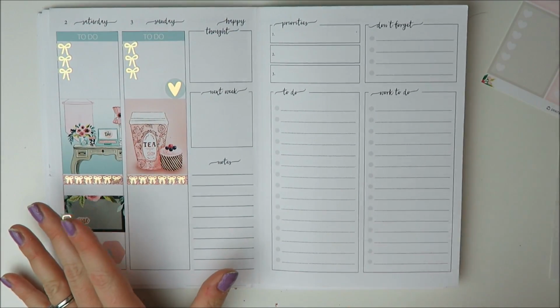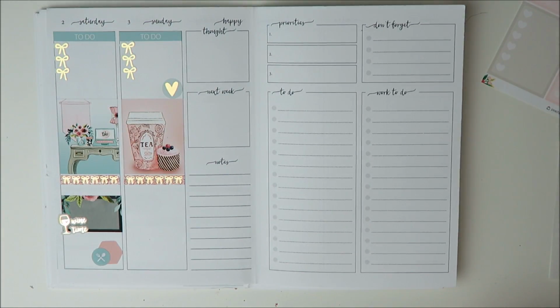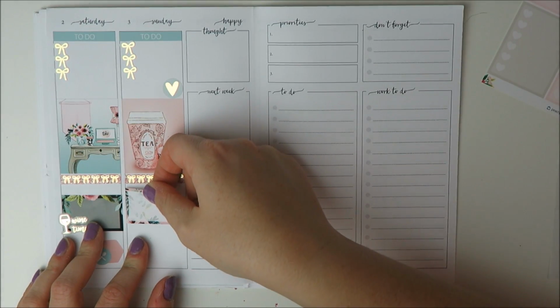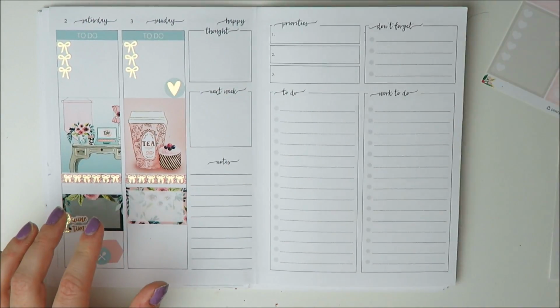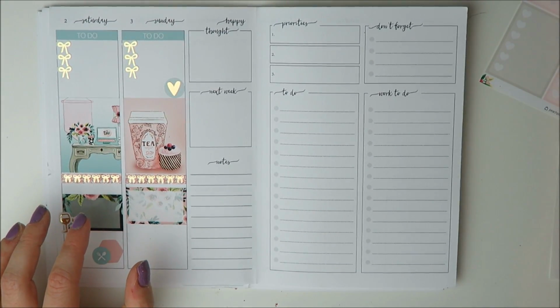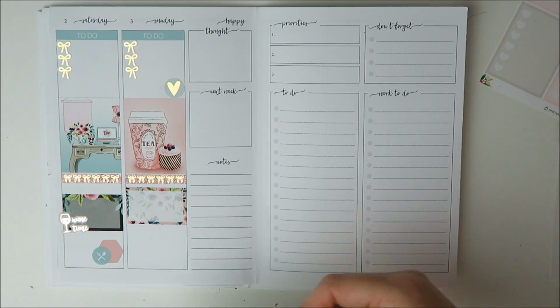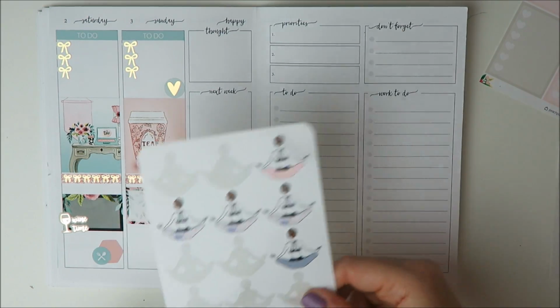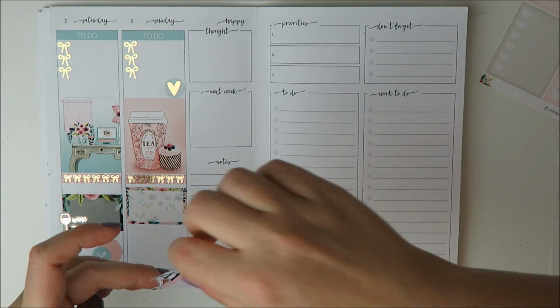And then on Sunday, I already have my video in there, and then I do want to go to yoga that morning, so I'm going to take a half box for that. And for yoga, I need to order more of these now that I'm going to be doing a lot of yoga. These are the yoga stickers from Crafts by Towie, and I hate using the pink one because pink goes with so much, but I'm going to use the pink one